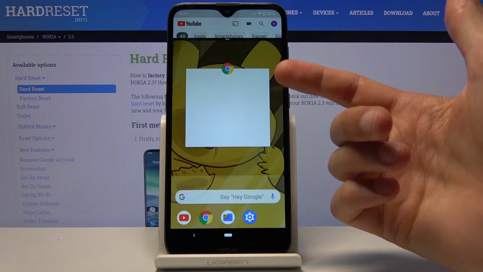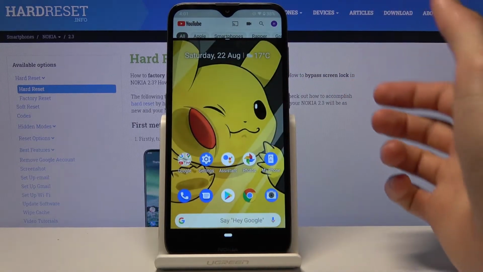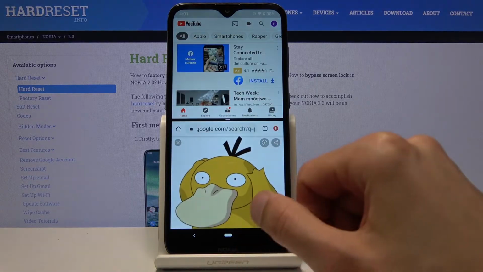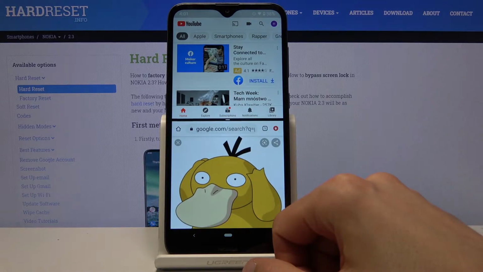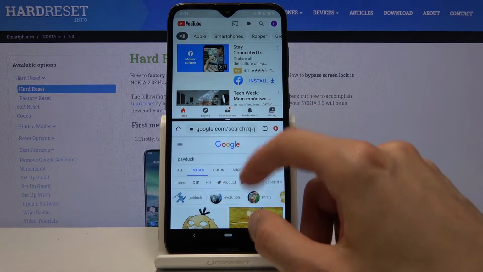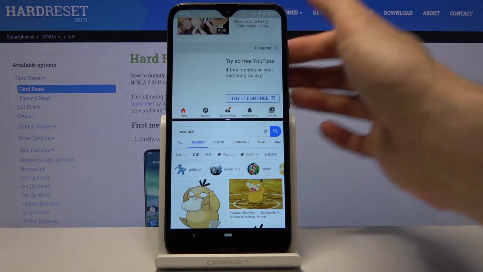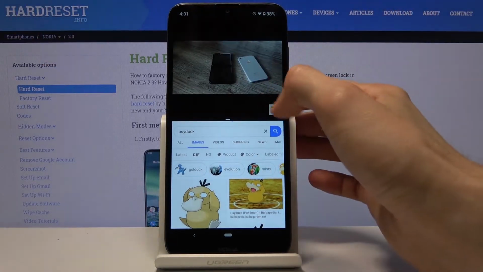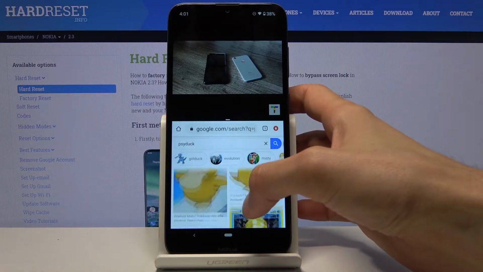Now if for some reason, for instance, your recent apps doesn't include the app that you want to open in split screen, you can simply tap on home. You can see that it still remains open, and from here you can just choose the app that you want to open. Nice wallpaper there. So as you can see from here, I could watch whatever YouTube video, I'll just mute this, and you can see that it will continue to play while I'm browsing